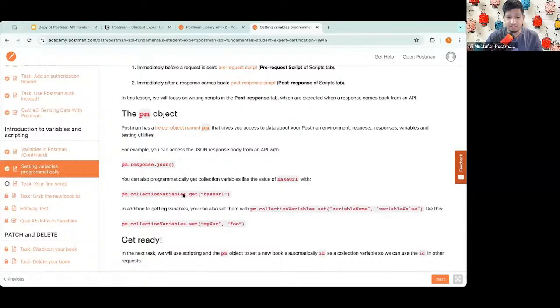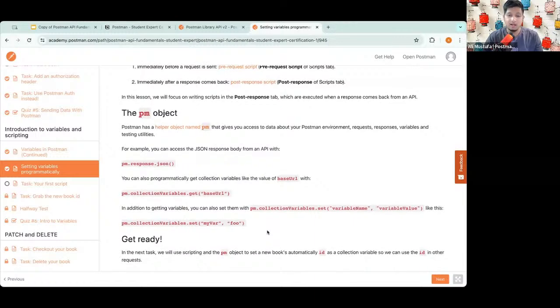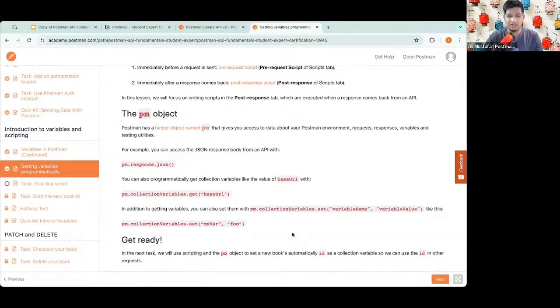And then collectionVariables.get, collectionVariables.set. So these are different methods which the pm object enables you to use. I know programming is sometimes daunting, so don't worry about it. We are not going deeper into programming. We'll just cover a very small script which will help you to execute a few things. Cool. Let's go to next.